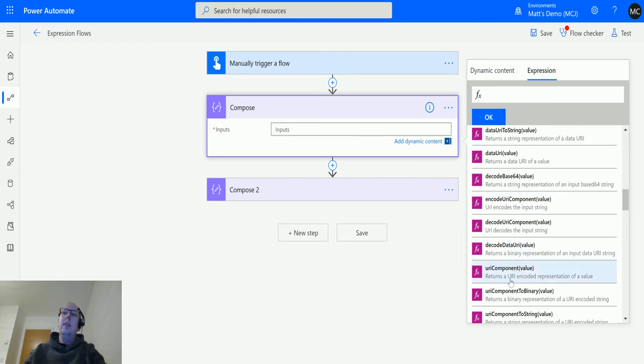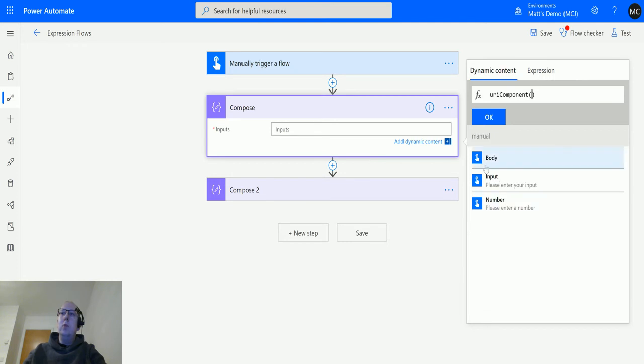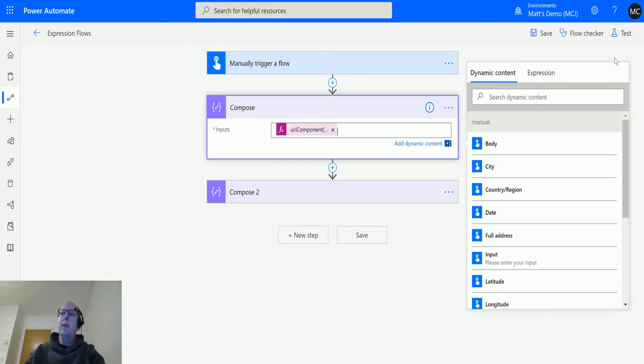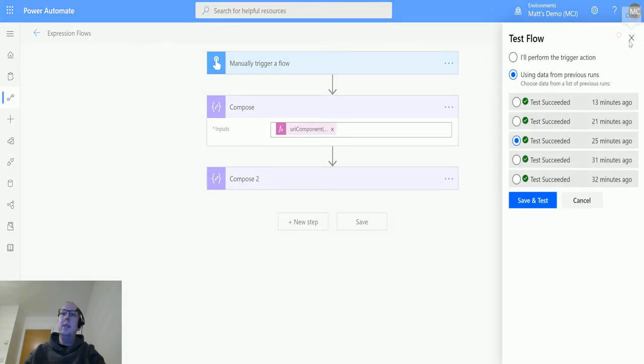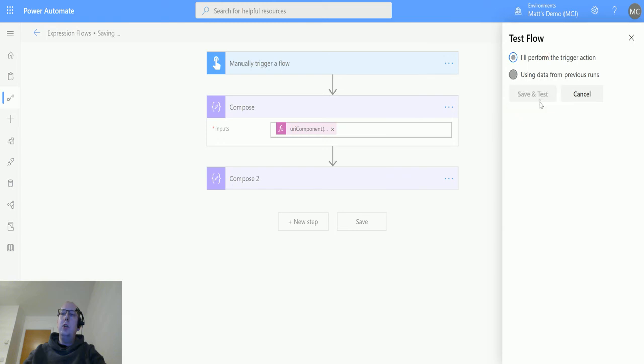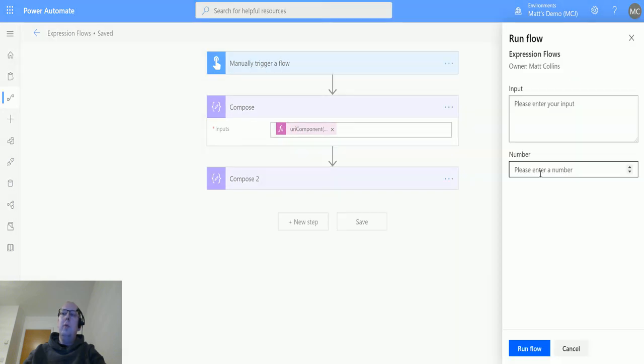So in this uriComponent here, we want to pass in a value, and that's the only parameter we need to pass in. So we'll click that. We'll go to dynamic content. We'll go to the input from our text input from the manual trigger, and we'll click OK. And then we'll test this. So we'll click test. I'll perform the trigger action, and what we'll do is we'll write